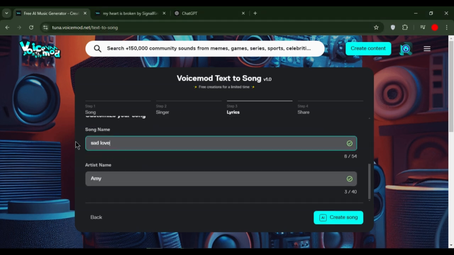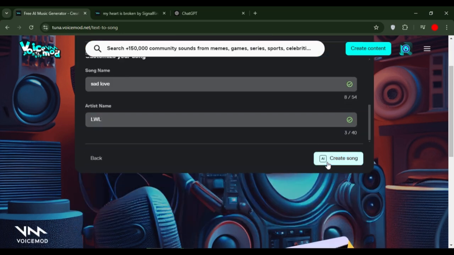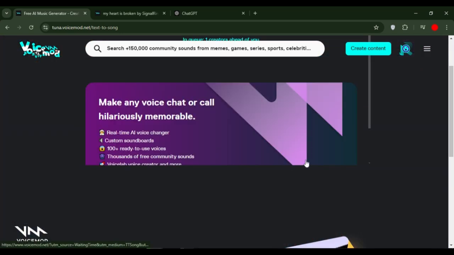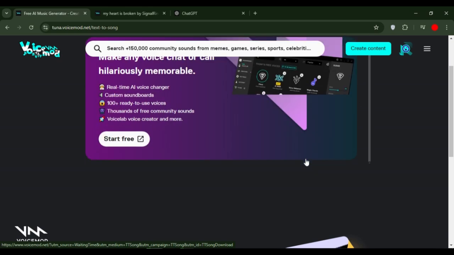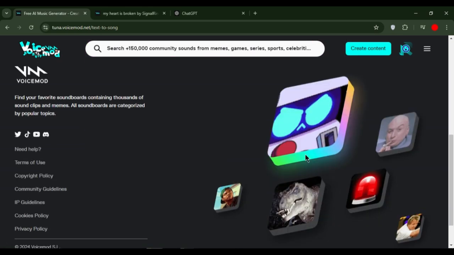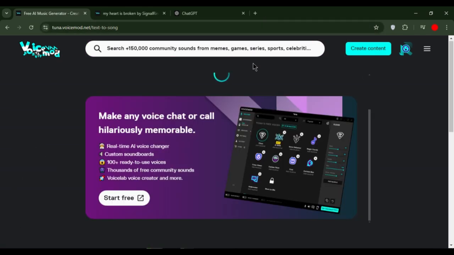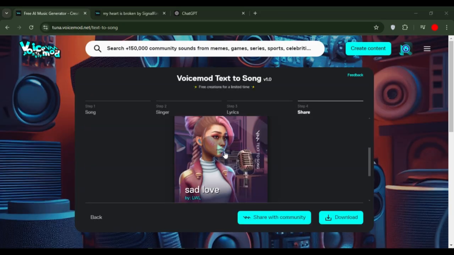Customize the song and artist names to make them your own. Once everything is set, click to generate your song. After a few seconds, you'll have a unique track that you can download and choose to include vocals, music only, or...